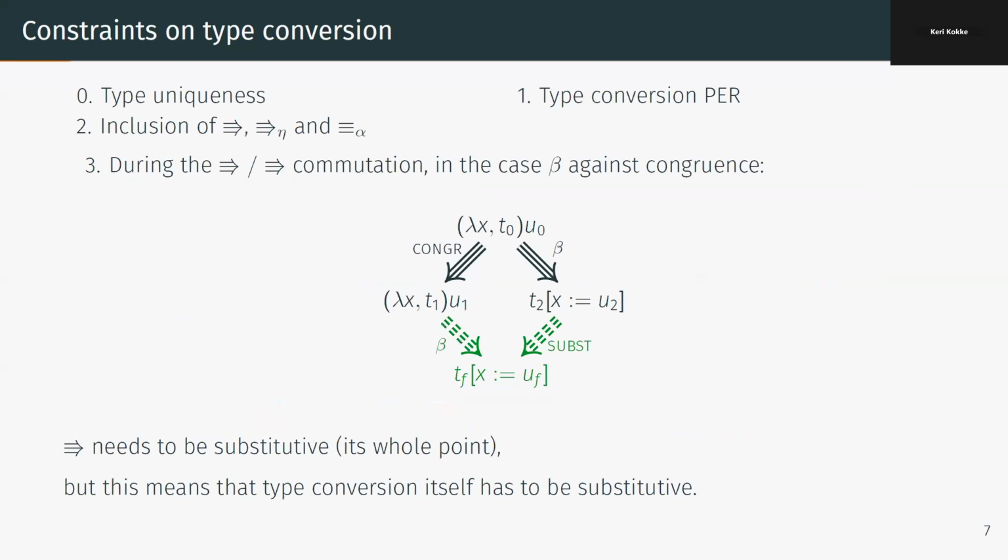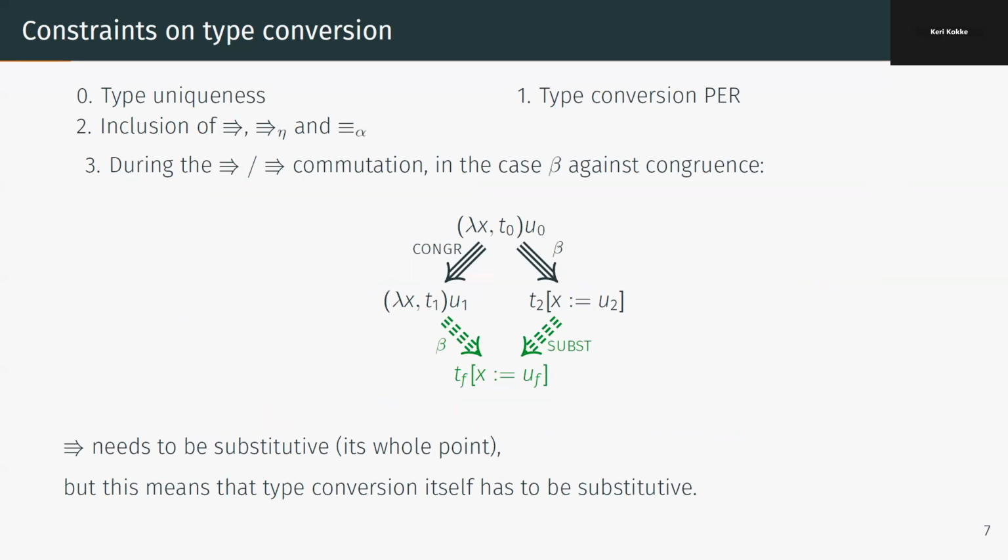Now we're going to jump a bit higher and a bit more in the gruesome details. This is the case of what happens when you have a beta reduction on the one hand and congruent rules on the other hand. So it's similar to the case I was alluding to before. But here, since it's parallel reduction, it works much better. To note,